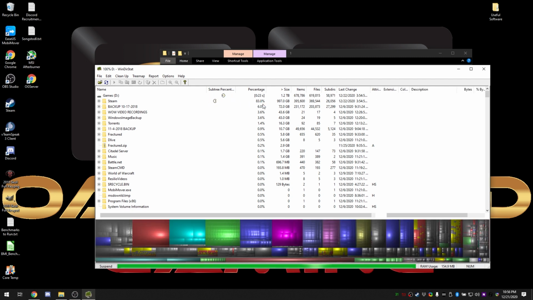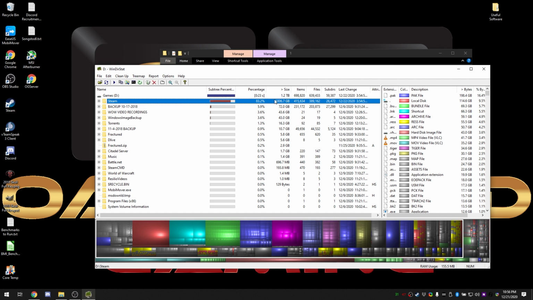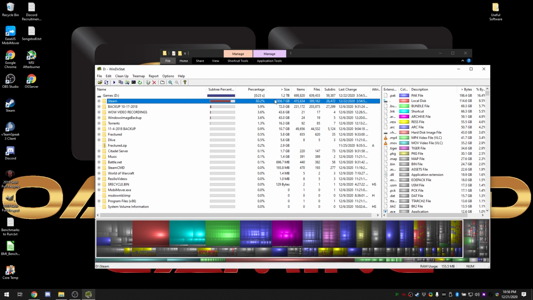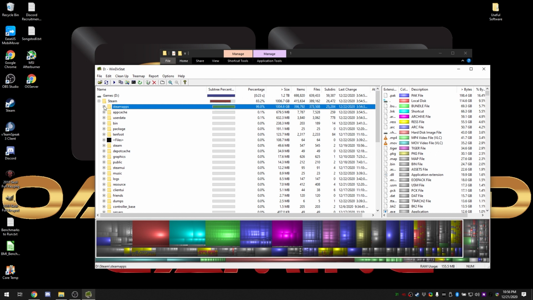But as it scans, it's going to say, of the consumed drive space, this is taking up 83.2%. So that means it's a little over a terabyte consumed. It's a 2 terabyte drive. But it's saying of the total data you have on there, this is consuming 83.2% of it. So you see 1.2 terabytes is consumed on the drive. This is taking up 83% of it. So we're going to definitely want to look in there and see what the heck is in there. So we're going to go to Steam.